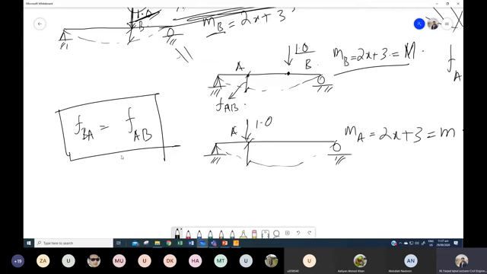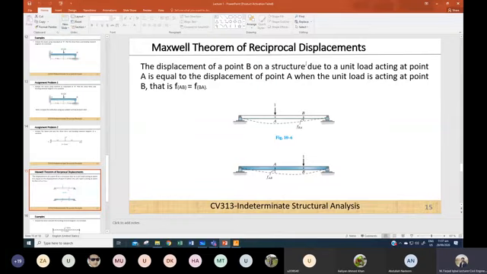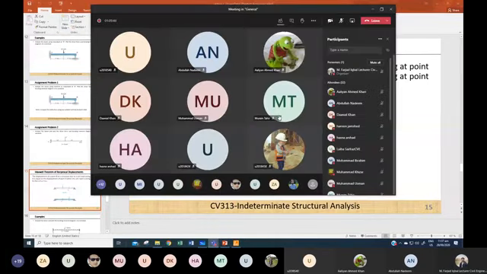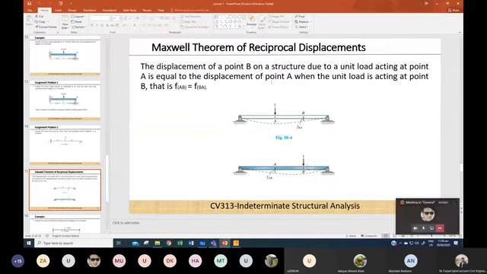ठीक है, मतलब ये दोनों फ्लेक्सिबिलिटी सेम होती हैं, एंड दिस पर्टिकुलर लॉ और दिस पर्टिकुलर कॉन्सेप्ट इज नोन एज Maxwell concept of Maxwell's theorem of reciprocal displacement. ठीक है।